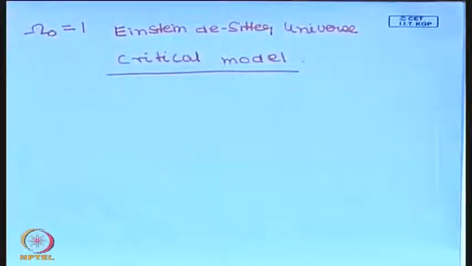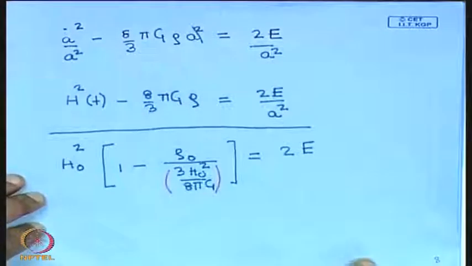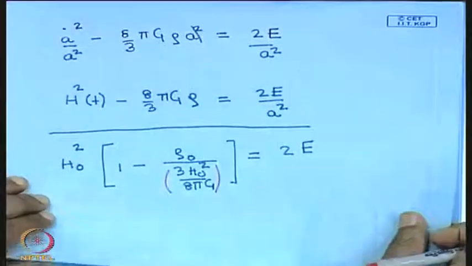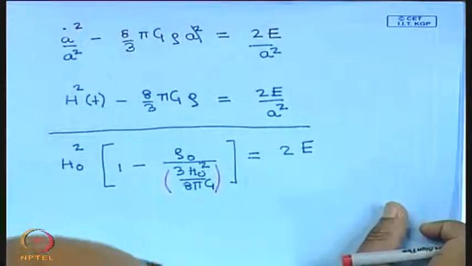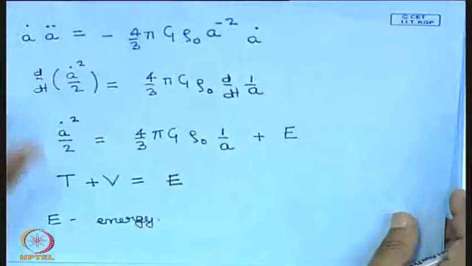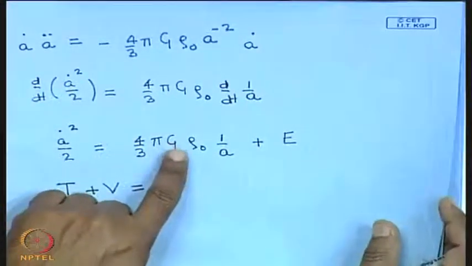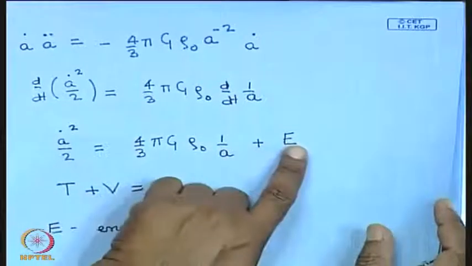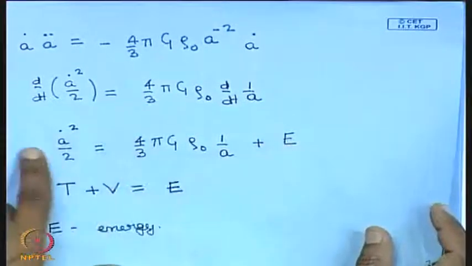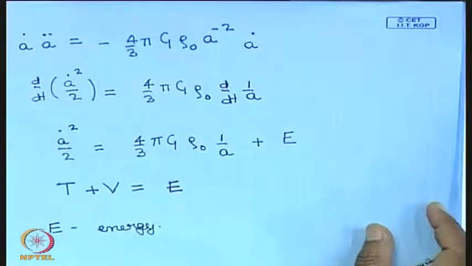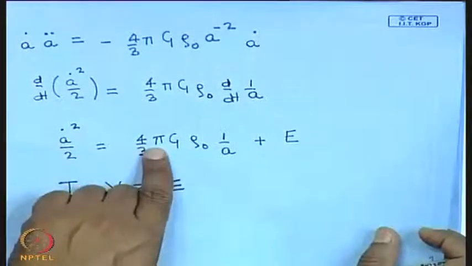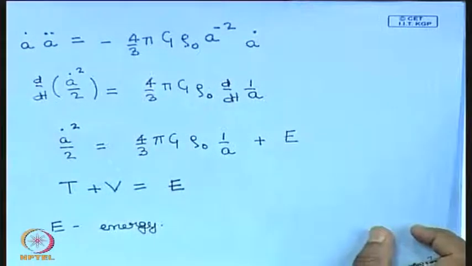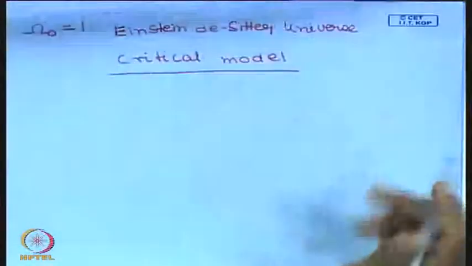So for this particular model, let us work out what the solution is, and here the equation is rather simple. So we can start off with this equation. Rather, it is more convenient to work with this. So let us start off with this equation, put E equal to 0. So we want to integrate this equation with E equal to 0. So what you do is you just take the square root of the right hand side, multiplied by 2. So what you have is